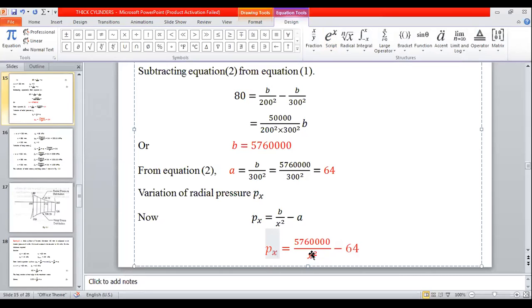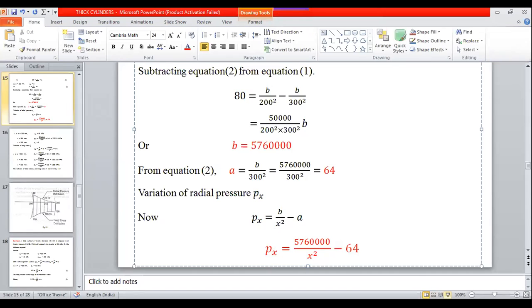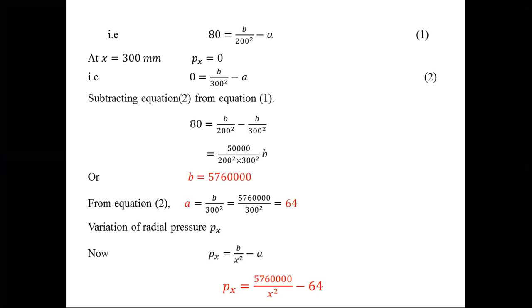This is the equation used. Right. 5760000 divided by x square minus 64. Using this,